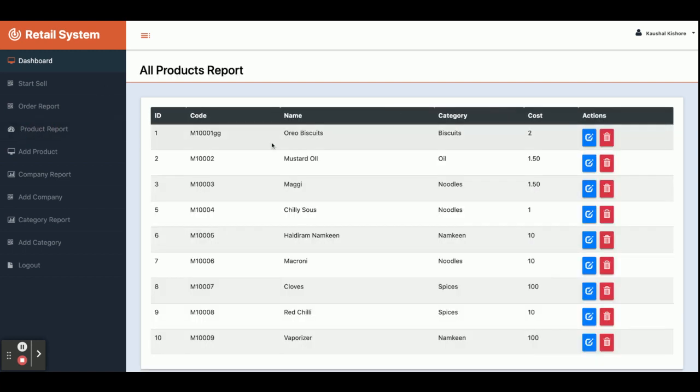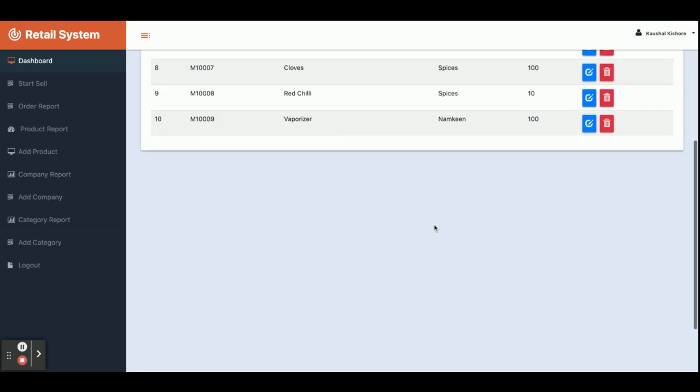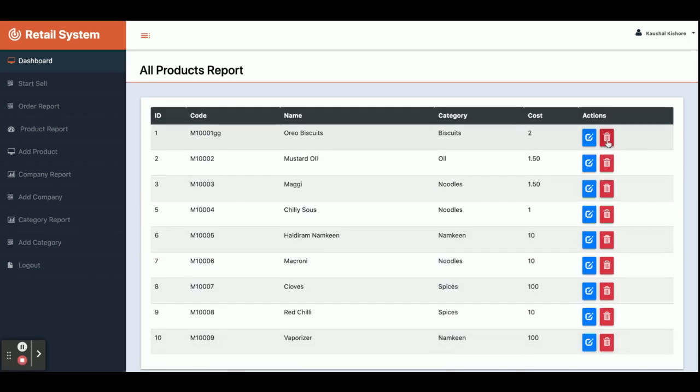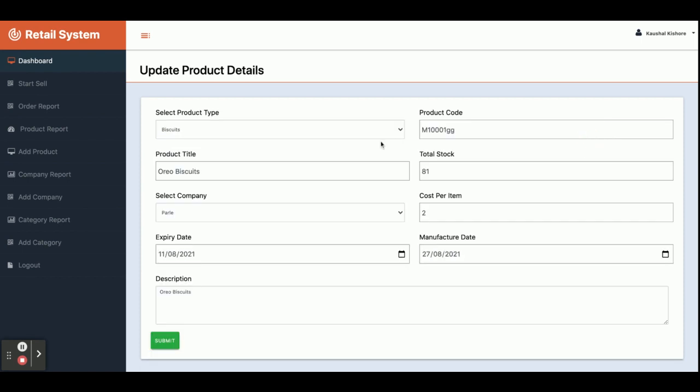This is the product report. All of the products which you have saved inside the database will be displayed here. From here you can perform CRUD operations: create, read, update and delete. This is edit and this is delete. Once you click on delete, that item will be deleted from the database. Once you click on edit, that item will open in editable format.